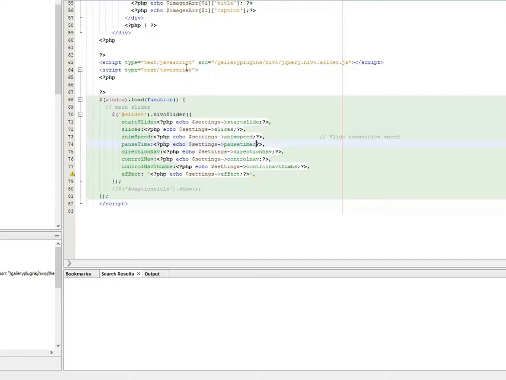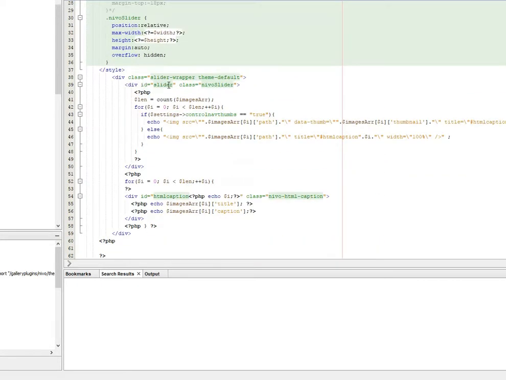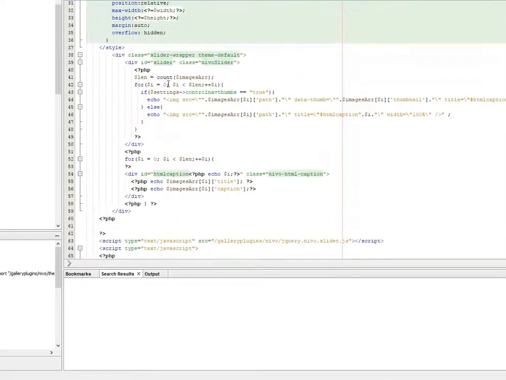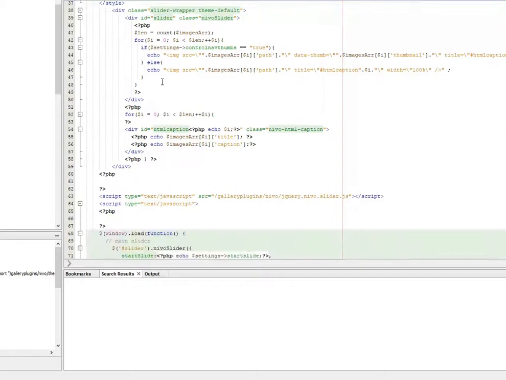And I'm not the most prolific, deep programmer in the world. It's just pretty basic stuff. I grabbed a piece of commercially available, free, open source code. The Nevo Slider is a free open source jQuery plugin, and I just manipulated that code to work with my plugin style stuff so that